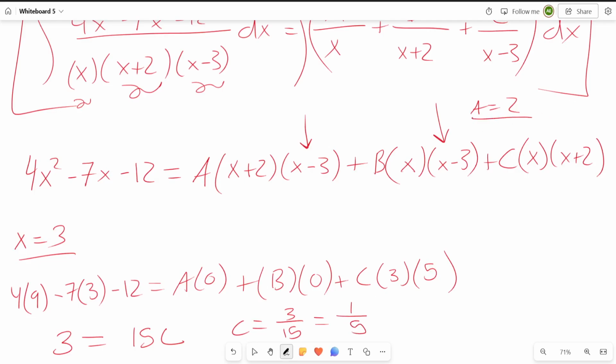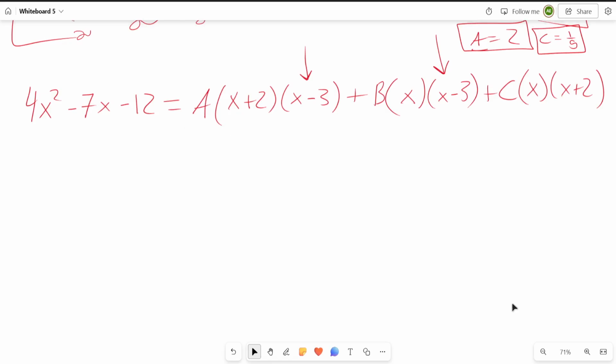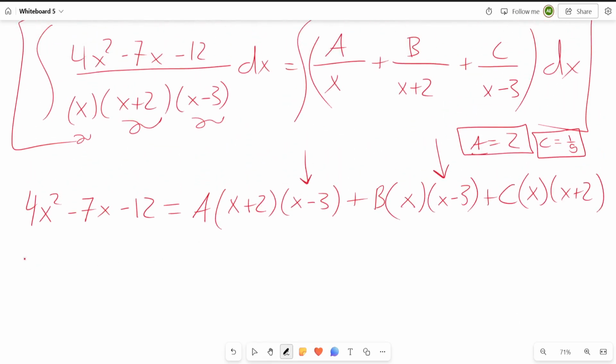So let's write this over here. C equals 1 over 5. Now let's erase this whole part and do our final substitution. And you may guess this. Try to guess which value I'm going to substitute. If you guessed minus 2, then you are correct. There is no correct or wrong, but this is the easiest way because this is going to cause the most cancellations. We're going to have 4 times minus 2 squared, that is 4, minus 7 times minus 2, minus 12,